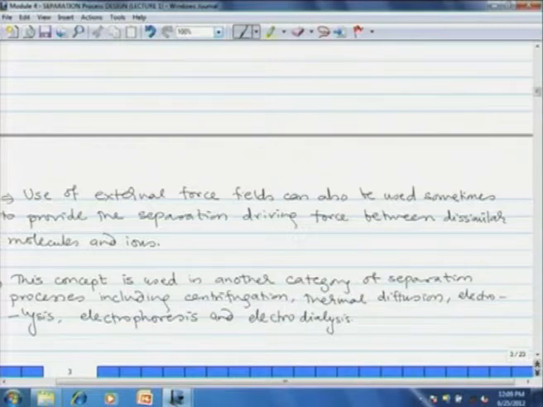For example, the usual method of separation of solid particles from a reaction mixture is settling. However, if the particles are very small, then their terminal settling velocity is very small, and then it takes very long time for separation of these particles,